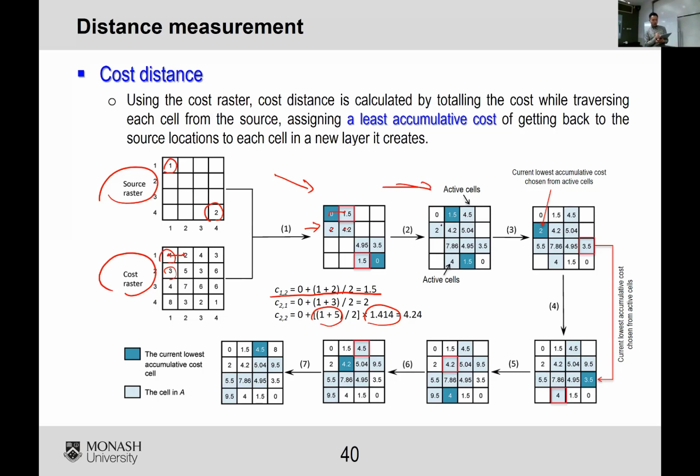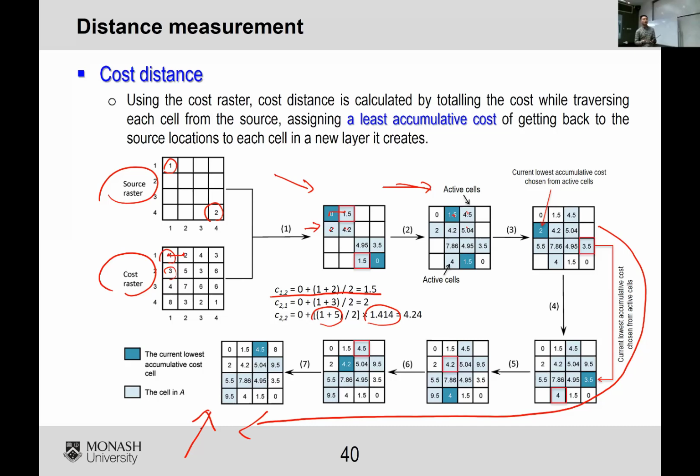And for the next round, for each round of calculation, we always pick the cell with the lowest value. So that will make sure the accumulated value for the other cells, the new cells, are the lowest ones. Okay? So if we repeat this process for all the cells, we can get a cost distance surface. So now on each of the cells, we have a value